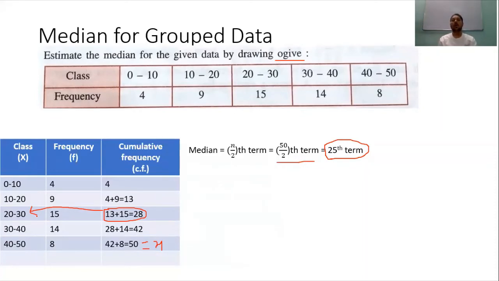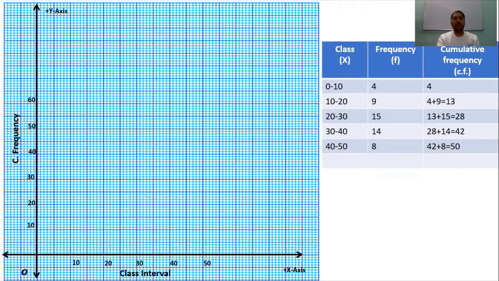that is your cumulative frequency curve. So we will plot your ogive, or we can say the cumulative frequency curve. We will take class interval along the x-axis and cumulative frequency along the y-axis. Then we will decide the scale factor. Along the x-axis we will take 2 centimeter is equal to 10 units, and along the y-axis we again take 2 centimeter is equal to 10 units.